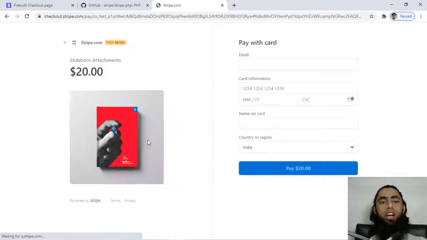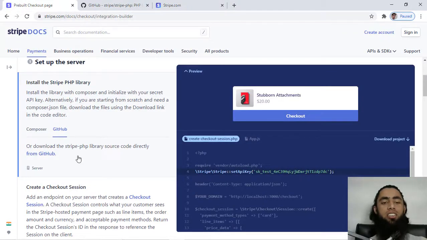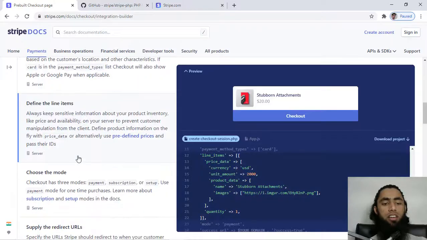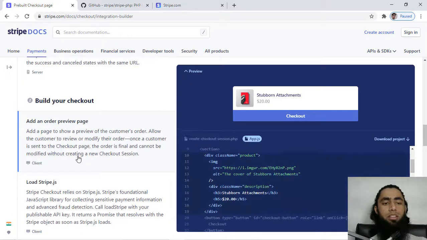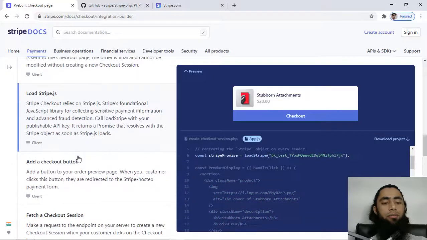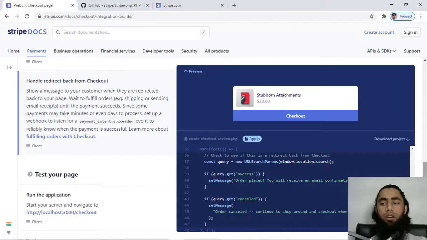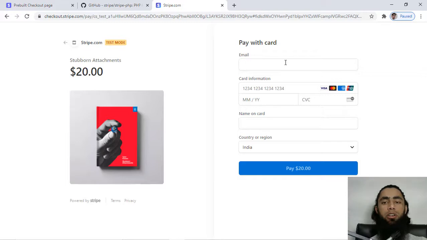And now you can see that the checkout page is loading, and here you can see that we have this specific form. What we will be doing here is we have to use the test card details. So you have to scroll a bit down, and down below they have already given us some test card details. So let's copy those card details from the documentation, and then let's try how it is working. So I have just scrolled it down, and down below you will be having this payment succeed and payment require authentication. So let me copy this one. I have copied this, and then you have to mention the email ID.